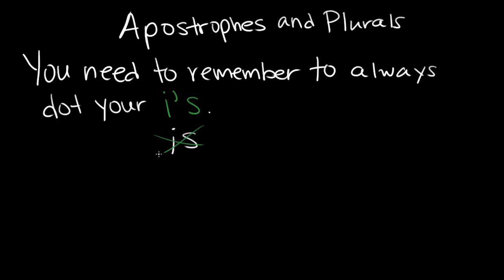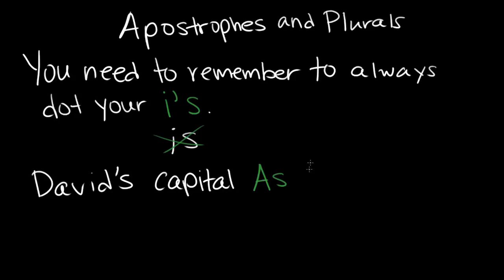If it were uppercase letters, you wouldn't do this, right? So if you were saying, David's capital As look like trees, it's less likely that you're going to confuse capital A, lowercase s in the middle of a sentence for the word "as." Right, because you wouldn't just capitalize the word "as" in the middle of a sentence. Right. So this is for only lowercase letters. So the little ones, the inside voice.